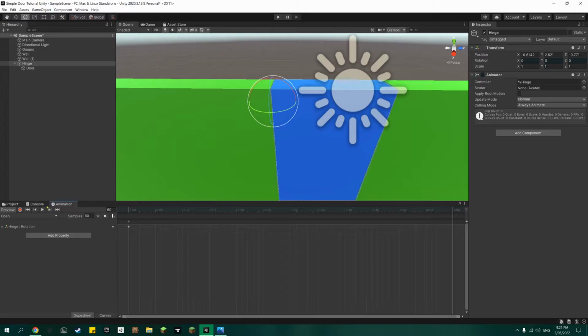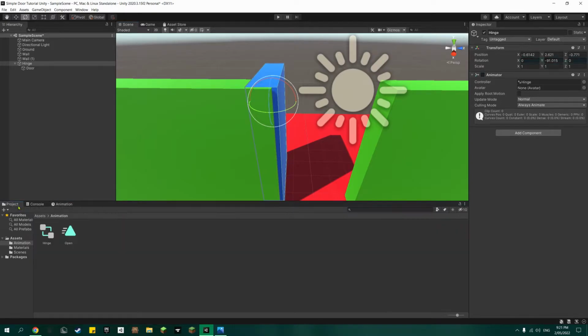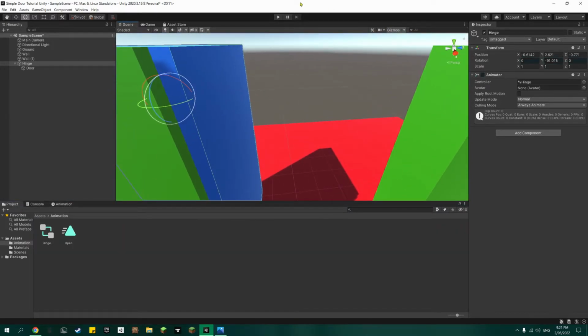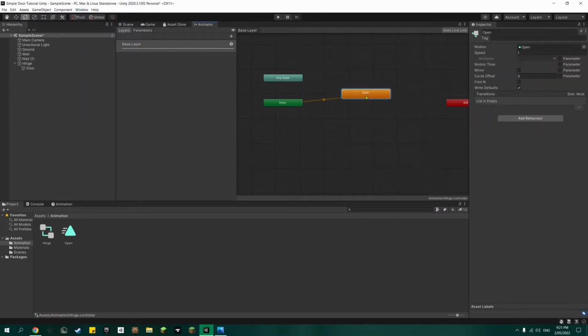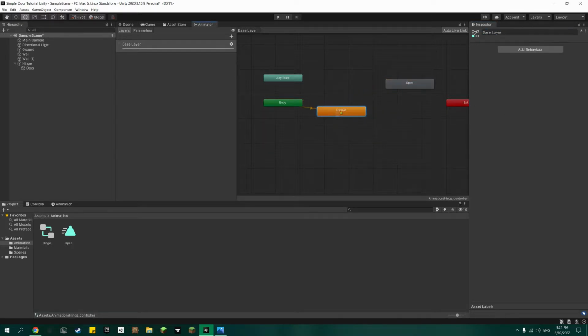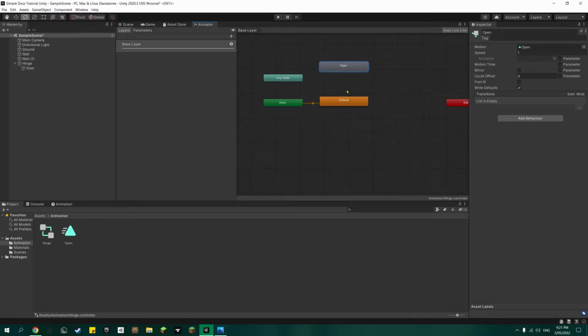Okay. Whoops, I accidentally did Control Z. Did not mean to do that. Okay. So now that we have that all set up and done, let's go to window, animation, and animator. And then here we have the default state for the door, or the open state. Let's actually create a new empty state, and I'm going to rename this state to default, and then right click, set as layer default state. And then we also have open,